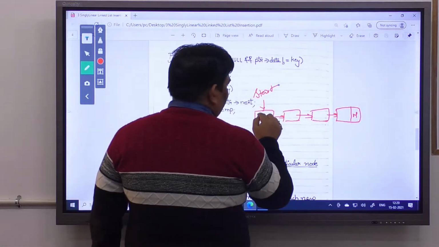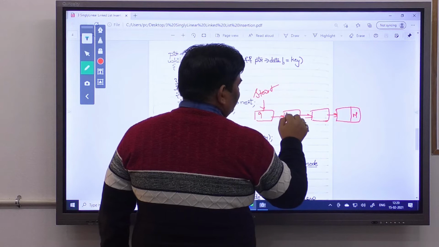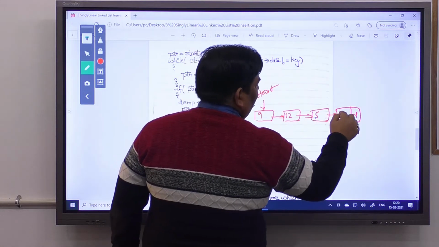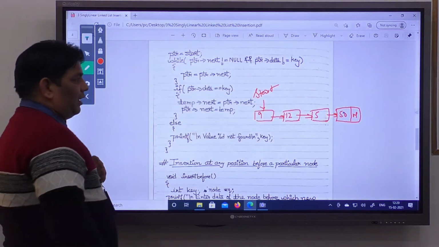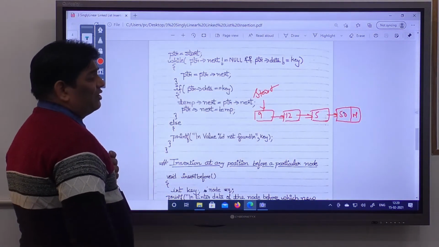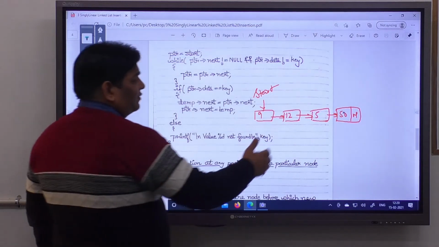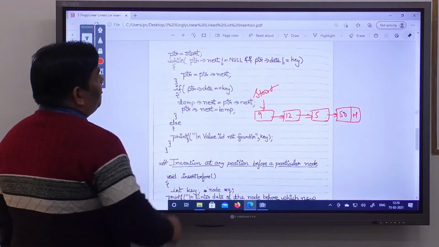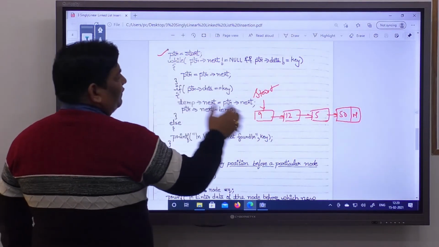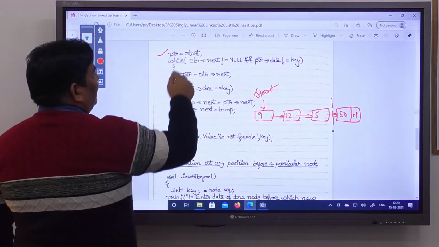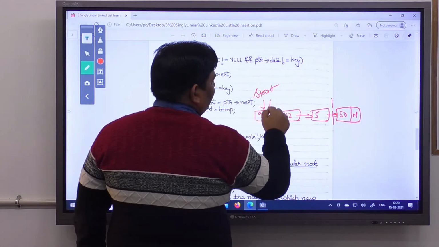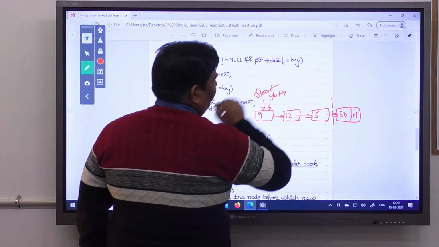In this case we have data, let's say 9, 12, 5 and then 50. And let's say we have to create a new node that we have to insert after 5. So let's take it from the user. So first we start, and after 5 we have to insert here, and then we set PTR equals to start, so PTR is pointing here.